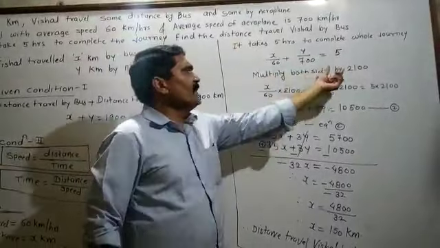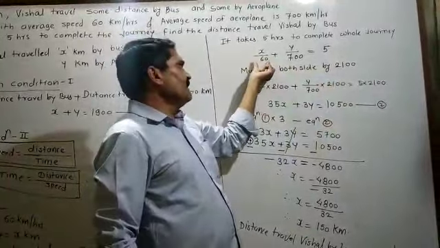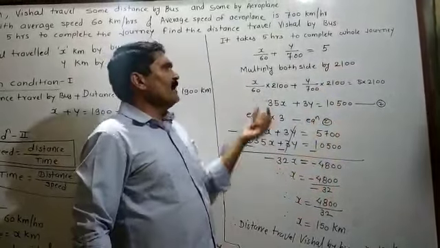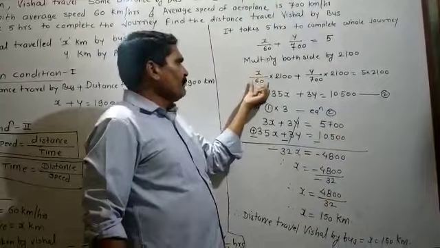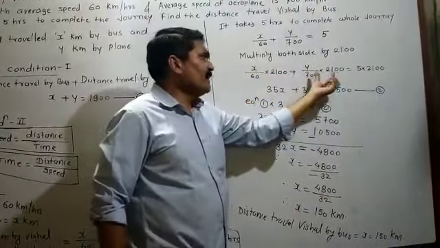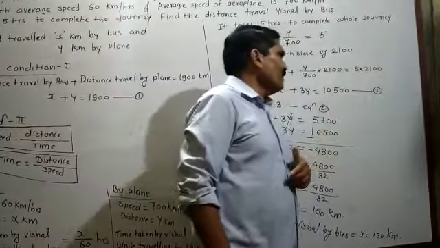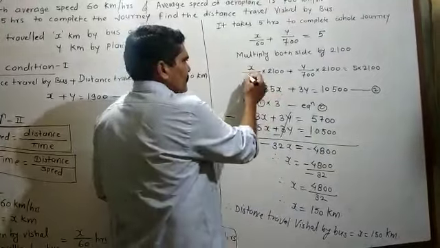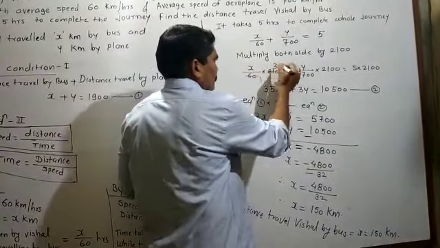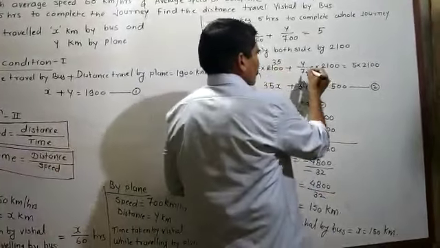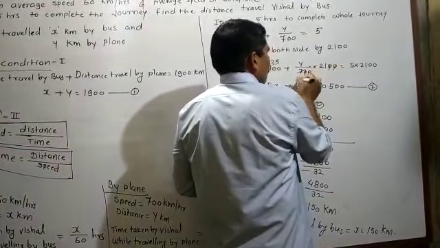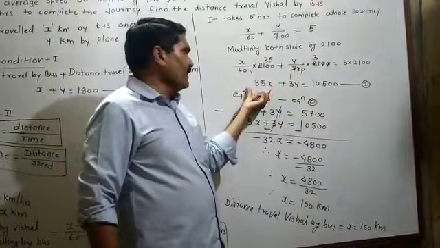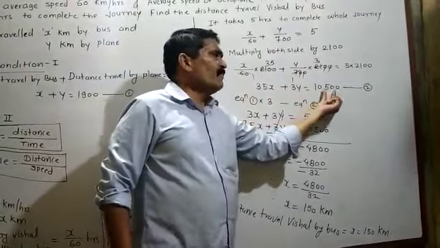At that time multiply both sides by 2100. If you find the LCM of 60 and 700, the LCM will be 2100. Multiply both sides by 2100. At that time this will come x upon 60 multiplied by 2100, y upon 700 multiplied by 2100, 5 multiplied by 2100, and after reduction this will come 30. Here 60 ones are 60, 60 35s are 2100, means this will come 35x, and in 700, the zeros are cancelled, 7 ones are 7, 7 threes are 21, 3 multiplied by y is equal to 3y. From that the new equation will come: 35x plus 3y is equal to 10500.